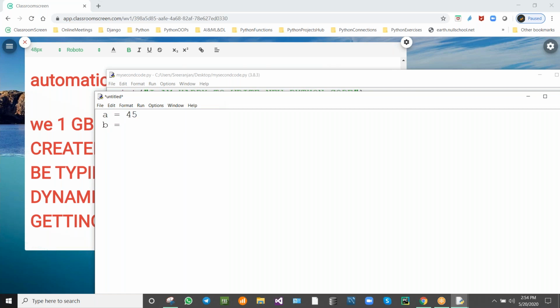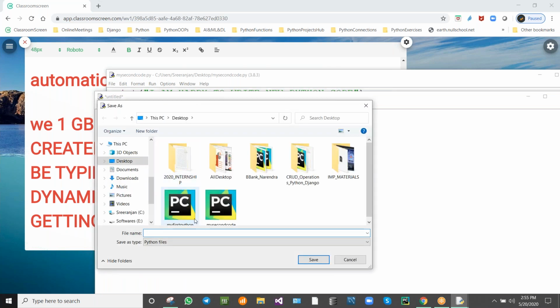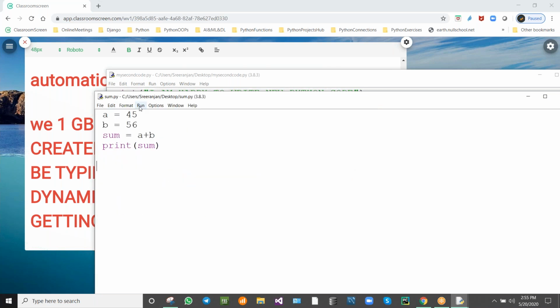Sample I am writing. B is equal to 56. Sum is equal to A plus B. Print sum. This is the code I am writing. Just save it as sum.py, and I am running this code.